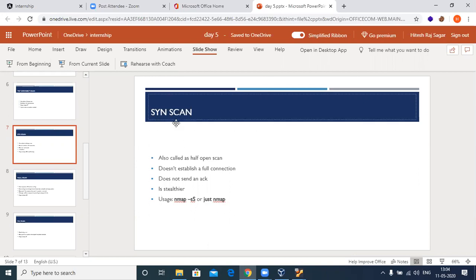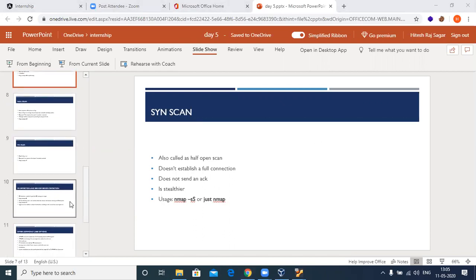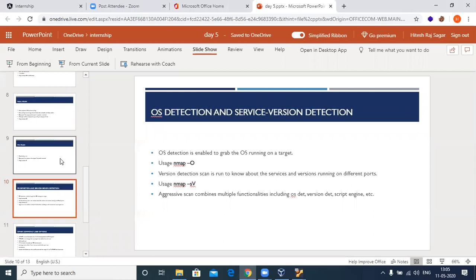Whereas if you do a SYN scan or a TCP scan, you get a confirmed message that so and so port is open, or if you get the state filtered on one of the ports, that definitely says there is a firewall or something that is blocking. Okay, so that is about accuracy. So full connect scans give you accuracy, whereas these closed scans such as null or FIN give you stealth. That is the actual difference between them.